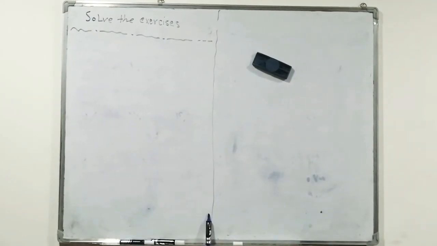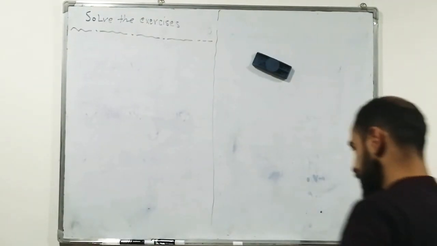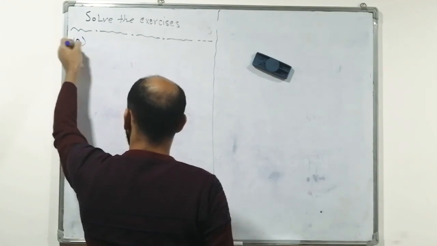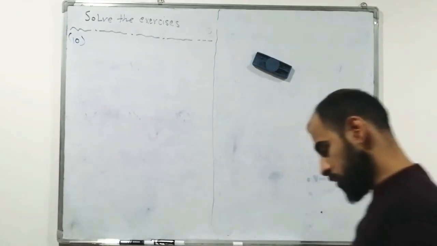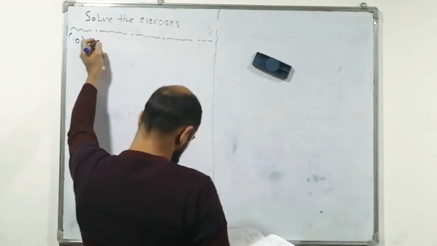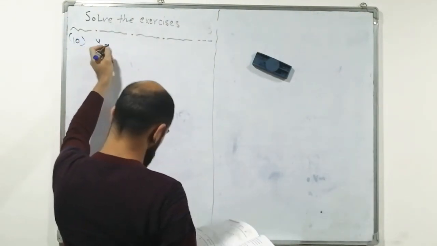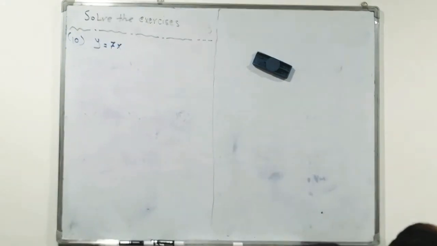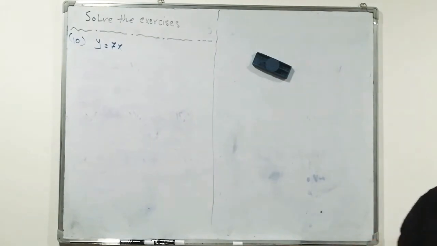Now solve the exercise. Question number 10. Also we have to represent the following linear functions in the coordinate plane. The first linear function is y equals 7x. As we know, to represent a linear function, we have to make a function table